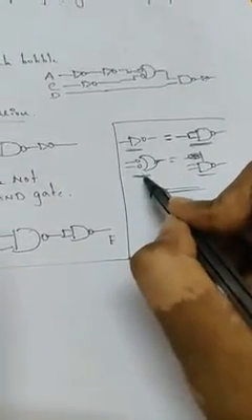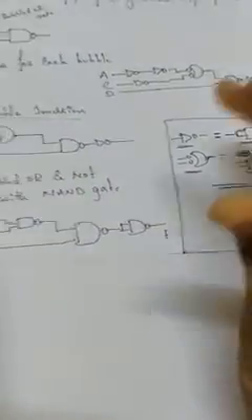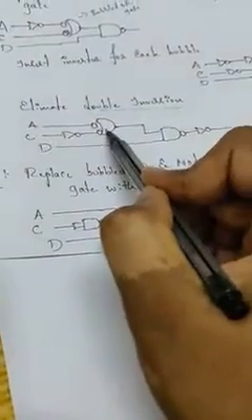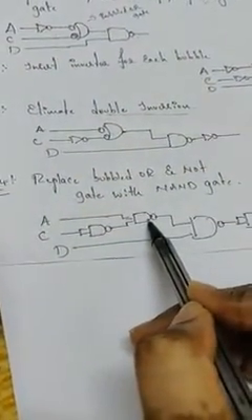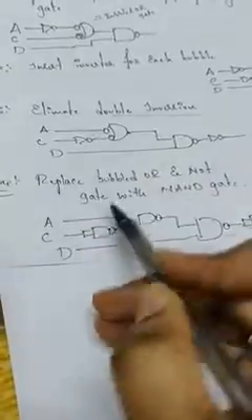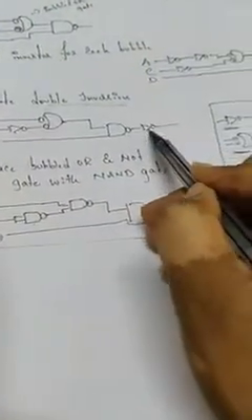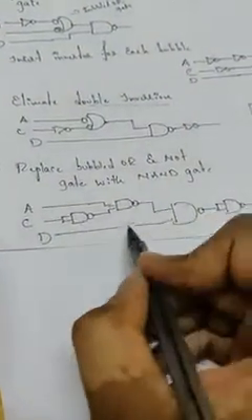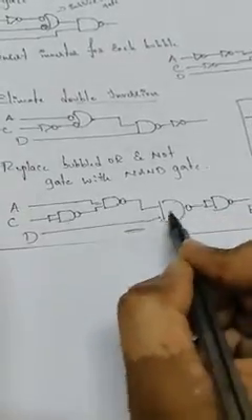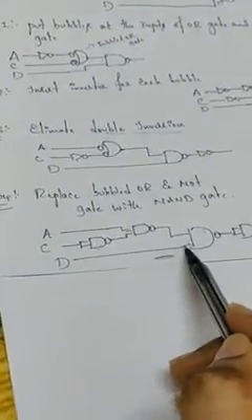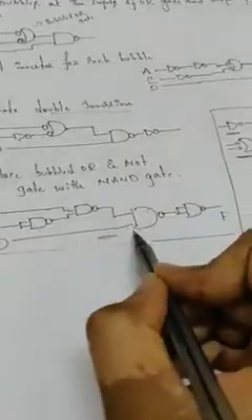So I am just replacing this bubbled OR gate with a NAND gate, and the inverter with a NAND gate. Look here, bubbled OR gate, right? I replace this bubbled OR gate with a NAND gate. This is an inverter, right? So I replace the inverter with a NAND gate. This NAND gate is as it is. This NOT gate is replaced with a NAND gate. So the complete circuit now is made of only NAND gates, right? Your question is to implement using only the NAND gate. So right now the complete circuit is just with NAND gates. This is your final circuit.